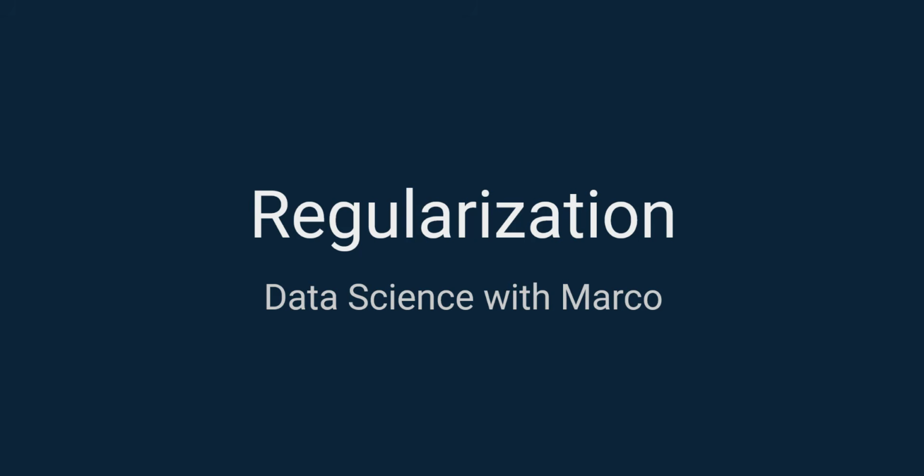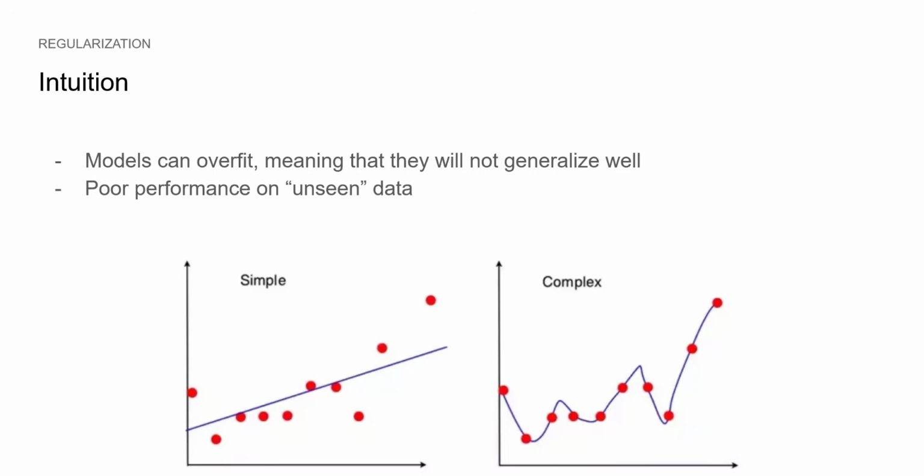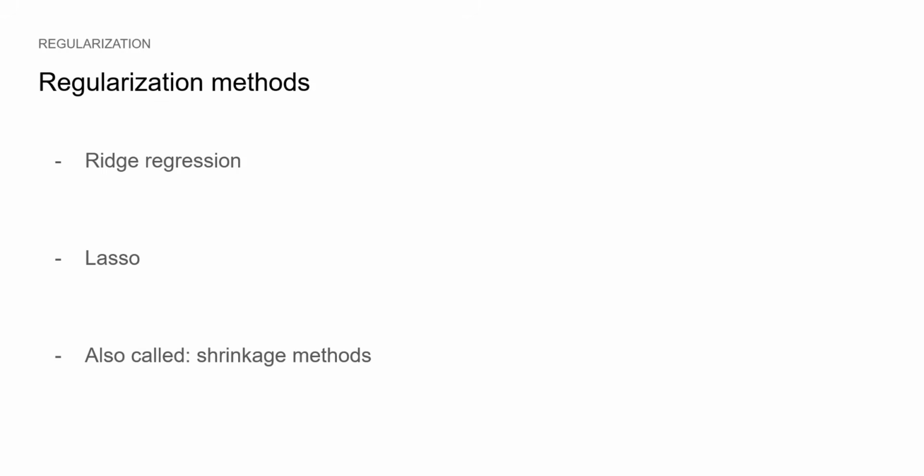Now let's move on to regularization. Models can sometimes overfit, meaning that they will not generalize well and perform poorly on unseen data. This brings me to the subject of bias-variance trade-off. On the left, the model has a high bias and low variance, and you see that it's not a very good fit. On the right, you see a model with high variance and low bias. The model is overfitting and varying a lot, and it will not give good predictions. So we want to find a middle ground and prevent the models from overfitting. And that's why we use regularization.